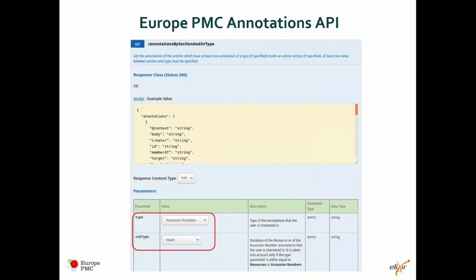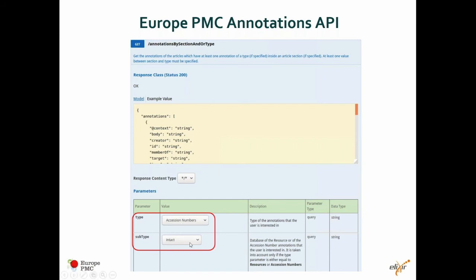Similarly, as I mentioned, you can also use annotations by section or type to fetch specific aspects of the database. In this, accession numbers is something that we have worked on specifically for the ELIXIR data platform. What the users could do is fetch all annotations of the type accession numbers of a specific database of interest. For example, here